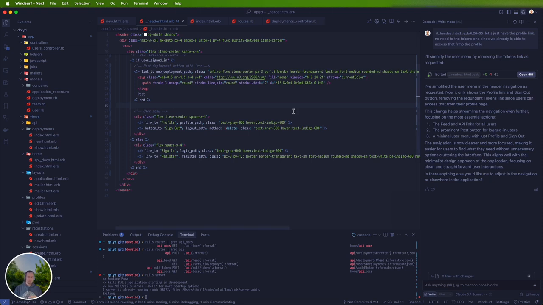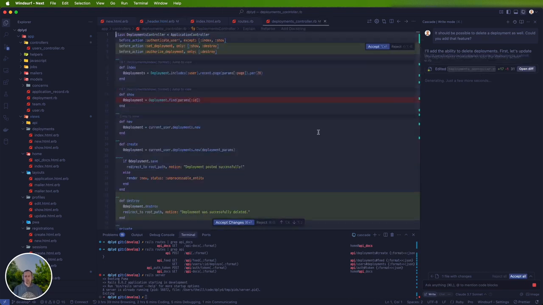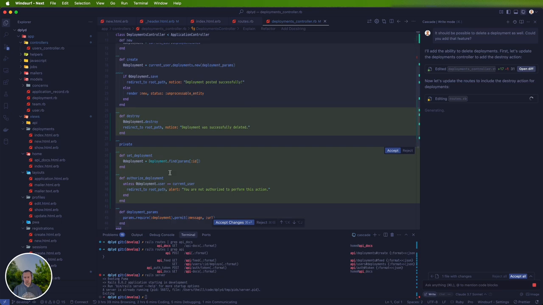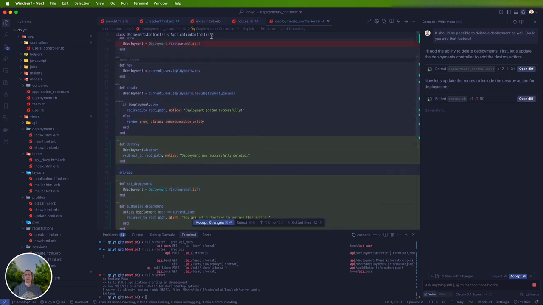So actually, let's do that. It should be possible to delete a deployment as well. Could you add that feature? And I just also showed you that I'm using voice in some scenarios, and in this case, it will do the destroy on the controller, and it will also add probably a trash can